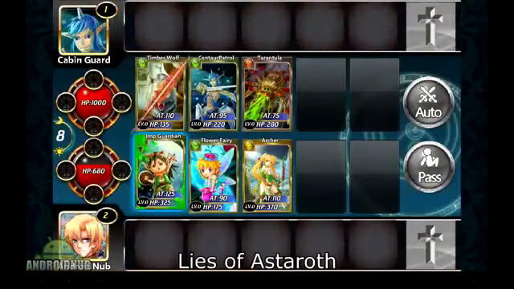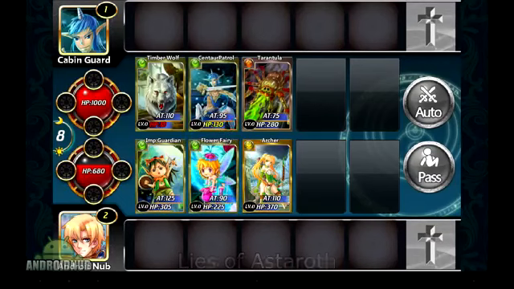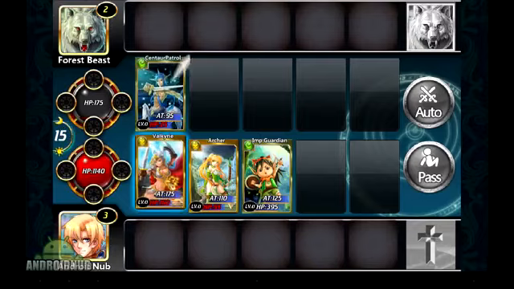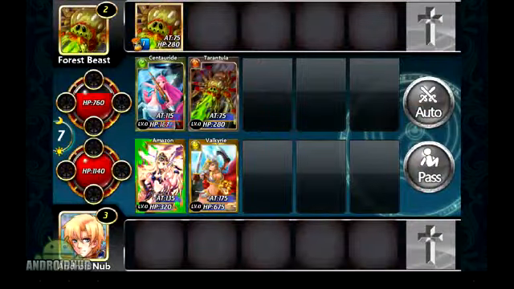Next up we have Lies of Astaroth, published by iFree Studio Limited. First off, this game is almost exactly the same as Elemental Kingdoms. Basically there's a big map to go through, and there's a story before and after each stage. The combat is card-based. You just kind of put your card there and cards automatically attack. There's lots of cards to collect, but the combat itself is fairly automated and doesn't really require that much strategy,